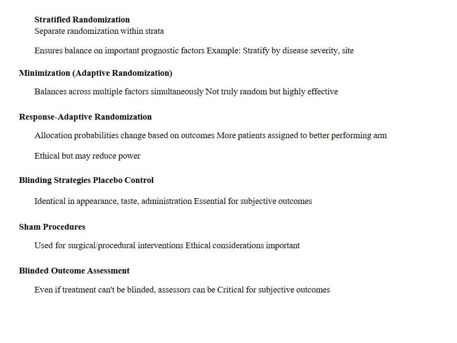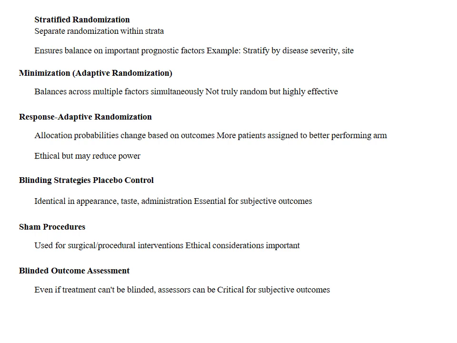Stratified randomization: separate randomization within strata ensures balance on important prognostic factors, for example stratify by disease severity and site. Minimization: adaptive randomization balances across multiple factors simultaneously, not truly random but highly effective. Response adaptive randomization: allocation probabilities change based on outcomes, more patients assigned to the better performing arm, ethical but may reduce